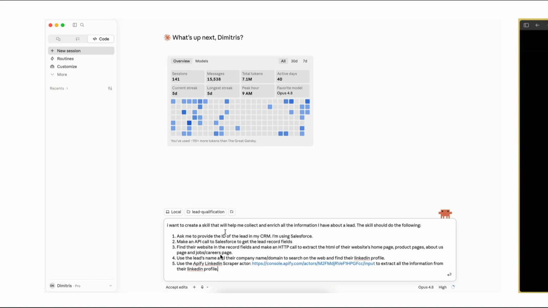Number 3, find their website in their record fields and make an HTTP call to extract the HTML of the website's homepage, product pages, about us page, and jobs careers page. So this is where we're reaching out and getting all the information from their website in order to start getting a better picture of their company. This is very important information that will allow us to then